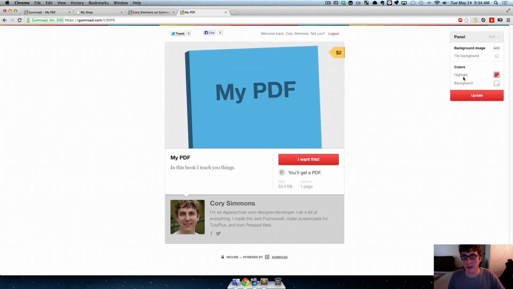And on this product page, you can change the button color and the background color, and it'll detect if it's a dark background and change your text so that it's still legible. It's not super great, but colors are pretty hard in CSS, so I don't blame them. You can also add a background image and tile that background image. To be perfectly honest, I have a lot of problems with this panel. It's pretty glitchy for me. Anytime I try to add a background image or tile it or do anything like that, it always messes up. But to be fair, I have the same problems with Twitter's design your profile panel on various computers,